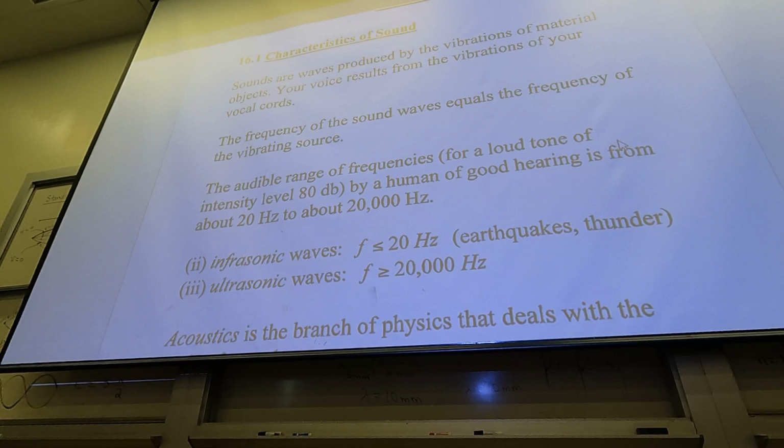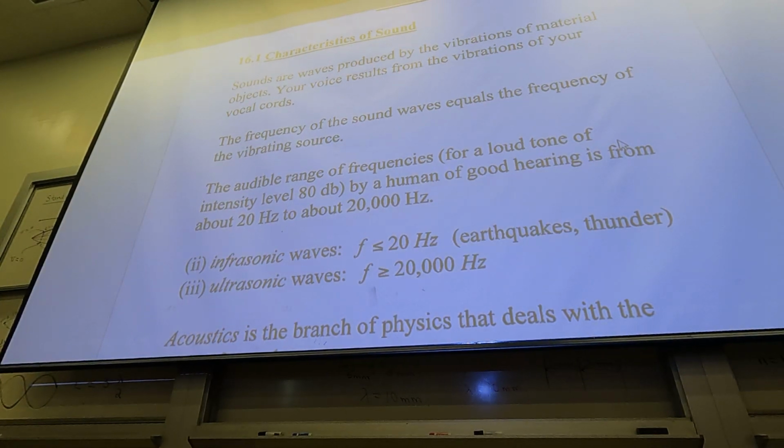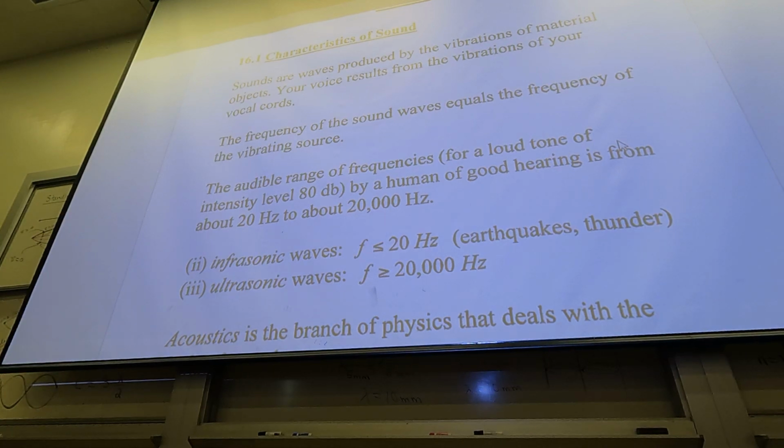I remember that my first year in college, I was 17, and I think I could hear up to like 21,000 hertz. But after age 20 or so, it's downhill from there. Me at my age, I probably hear up to 15,000 hertz. Most of you most likely hear up to 20,000 hertz. Some more, some less, but it's like an average. So the audible range of frequencies of sound is from about 20 hertz to about 20,000 hertz. And by the way, that doesn't mean that sounds